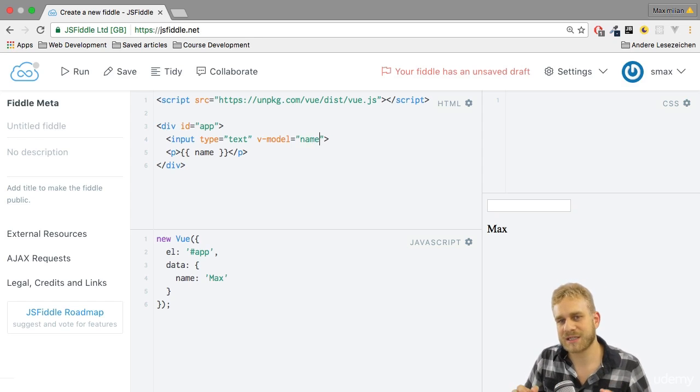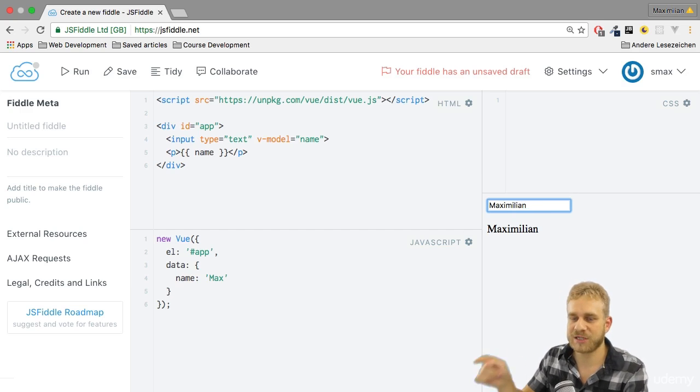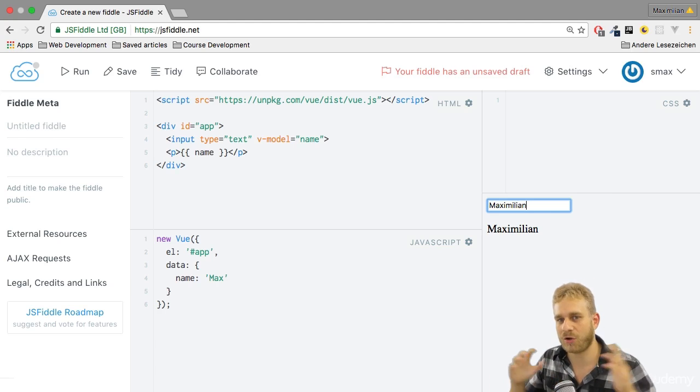So what this will do is, on one hand, as you can see here, output the name in the input field, but then whenever I change it here, it will listen to these changes and update the name property in my Vue instance, thus reflecting this change in all the places where I also use the name property,